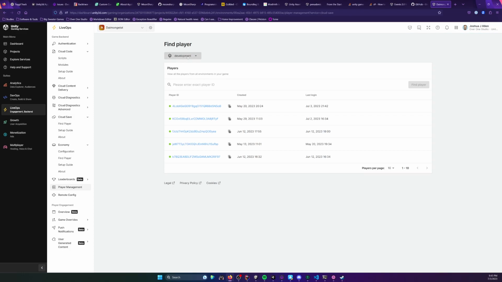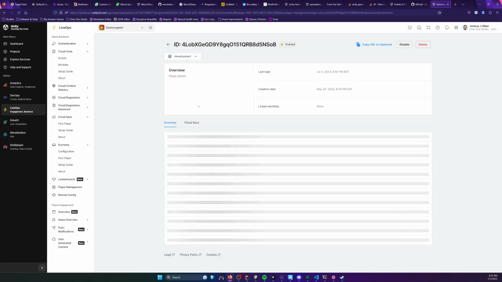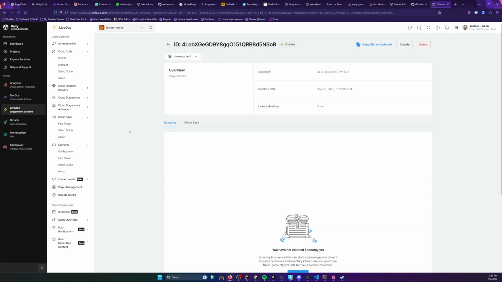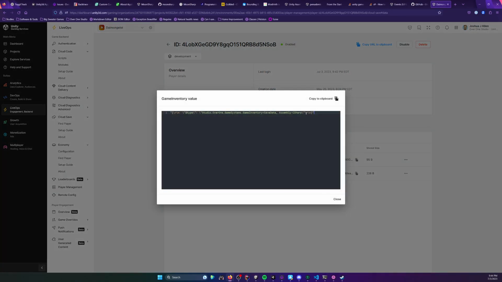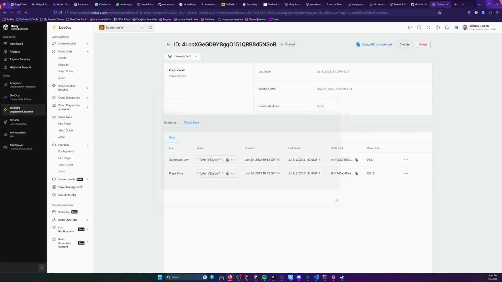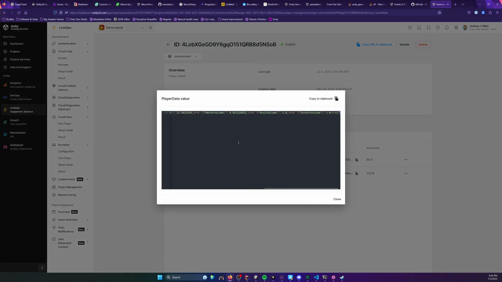For my game, I create a development environment, and when I'm in editor, I always set that to be development when the load save system loads. And we see last login was July 3rd, so that's this person. And if we go to Cloud Save, we see that I'm saving game inventory and player data. My game inventory doesn't have anything in there because I'm not leveraging it at this point. It's just a subscriber. But if we look at the player data,